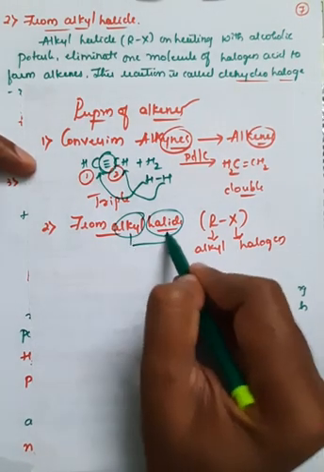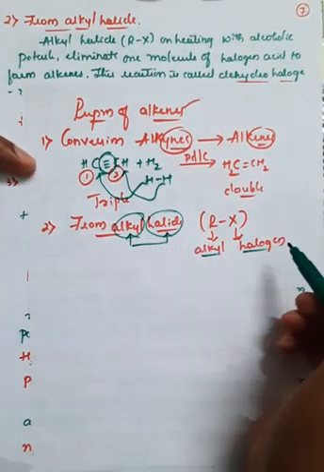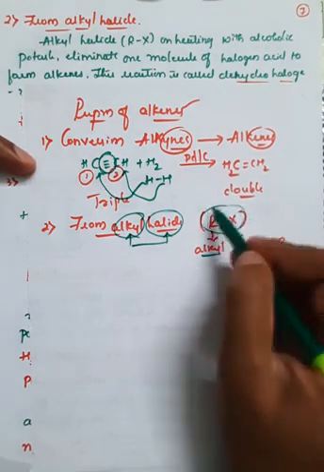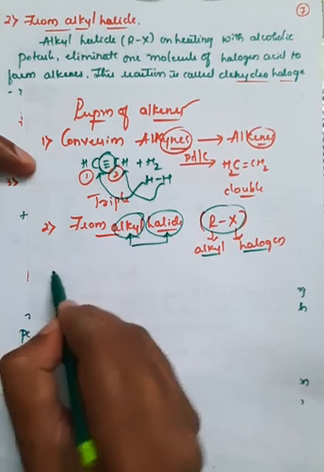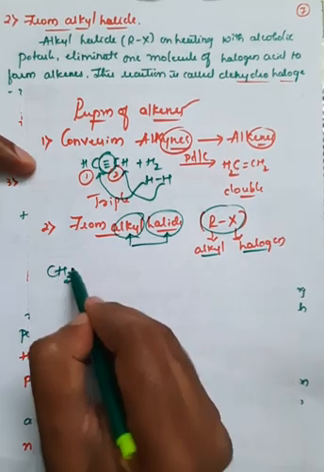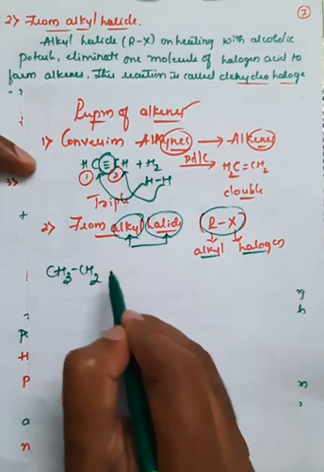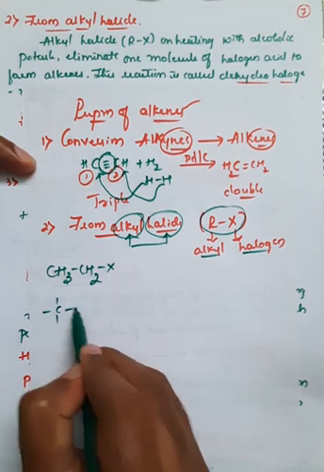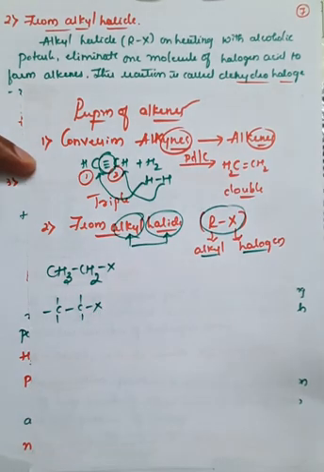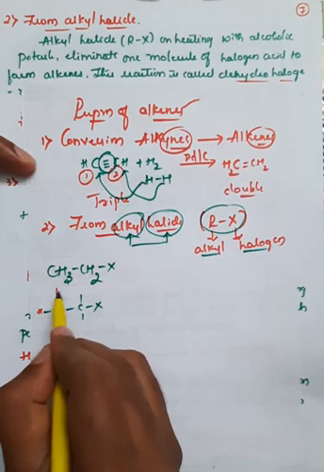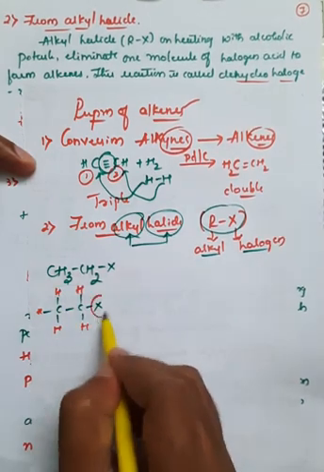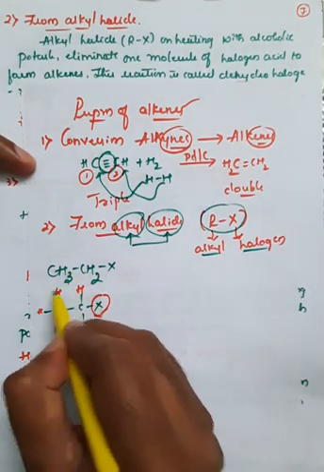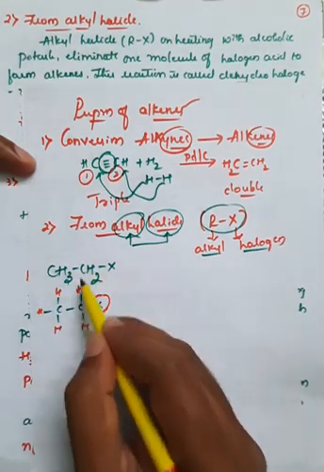So therefore, alkyl halides are nothing but an alkyl group bonded with a halogen, in the form of RX. If I take CH3, CH2X, the same molecule I have written in this form. Here all the atoms represent hydrogen and one is a halogen atom. Observe, it is CH3, CH2, CH2, and this is X.